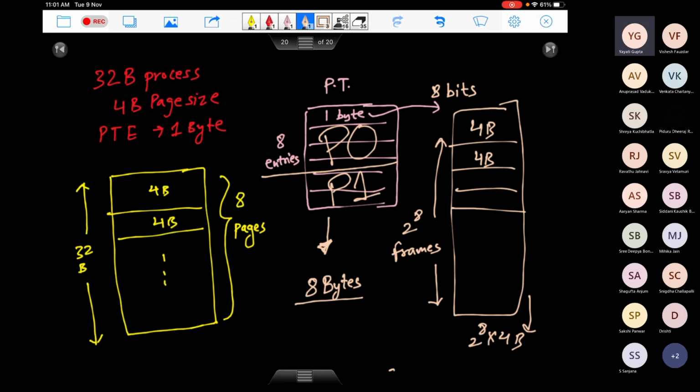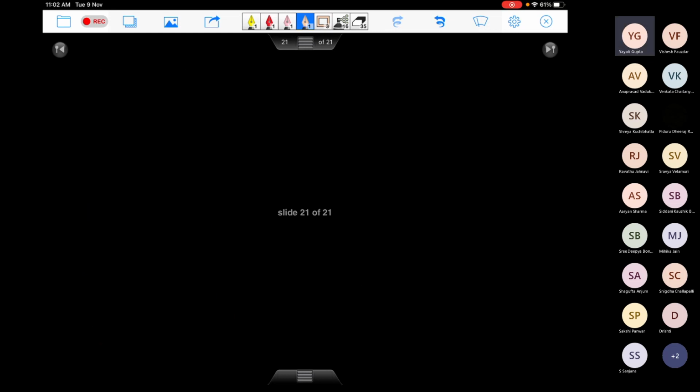What do we need for managing this? When we were doing the same thing with a process, dividing a process into pages, where one page can go and sit in any frame, for that mapping we required a page table, right? Now we are paging the page table. P0 can go and sit in any frame, P1 can go and sit in any frame. For this mapping, we now need a page table for the page table. Right? So we are just recursively applying the same idea.